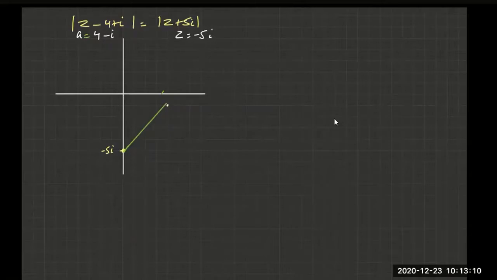This is the line. इसका perpendicular bisector draw कर लेते हैं. Okay, this is the perpendicular bisector, and अब इसकी interpretation क्या होती है